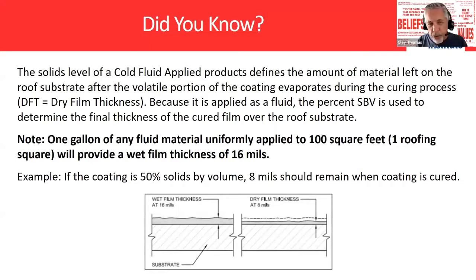So when you have wet mils and you lay down some coating and you stick your gauge in there and you measure it, the last notch on that gauge that's got coating on it is going to be the approximate thickness. When that coating dries, depending on the percent solids, like this picture shows, is what you're going to be left with. So if your coating's 50% solid by volume, if water is a carrier and